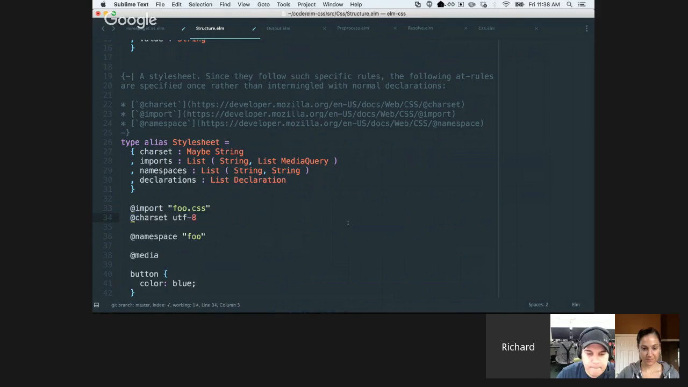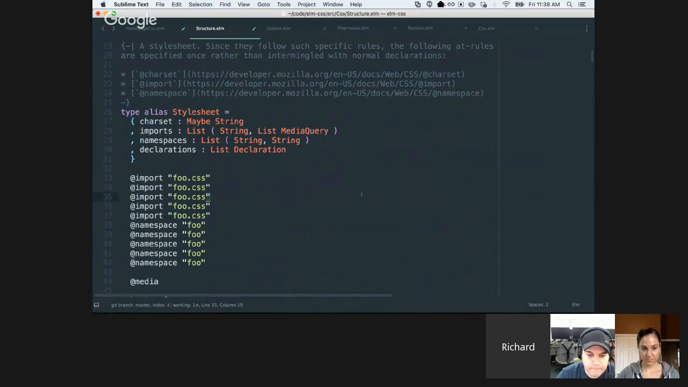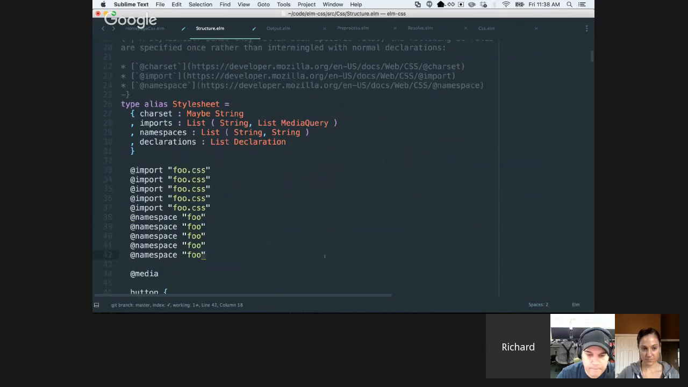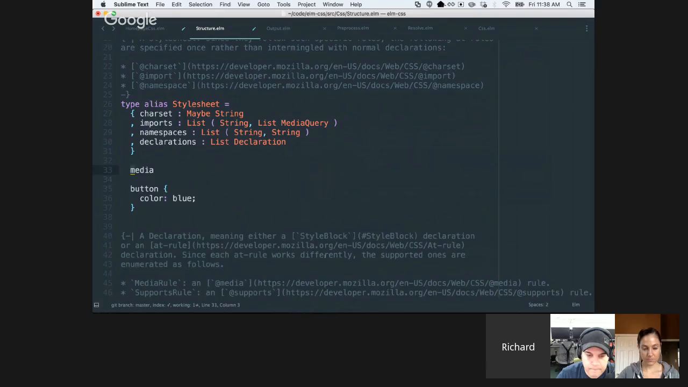And you have to do all of your imports before you do any namespaces. And then you can have as many namespaces as you want, but again, the namespaces have to be after the imports. And then you can do the rest of your style sheet as normal after all that stuff. But because they had these really strict rules, I realized that my initial approach of sort of folding those into the declaration, just making them normal declarations like media queries and like anything else, wasn't going to work,